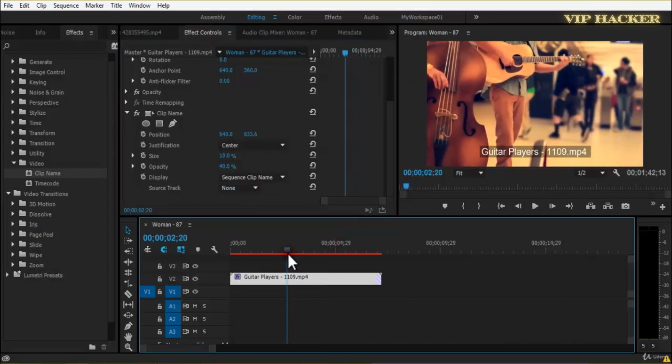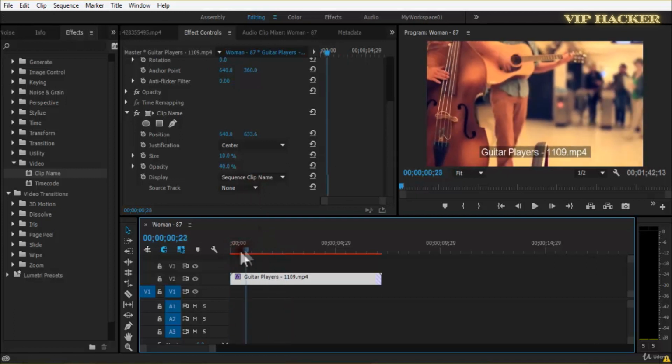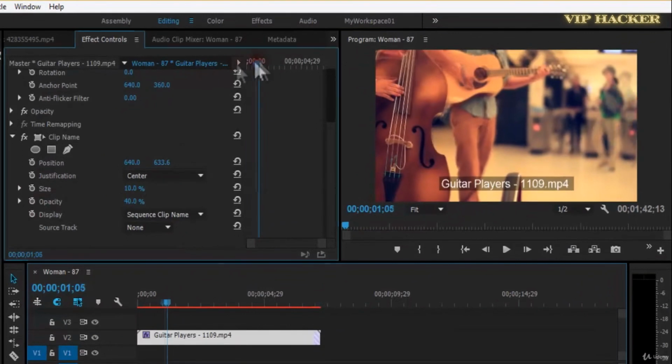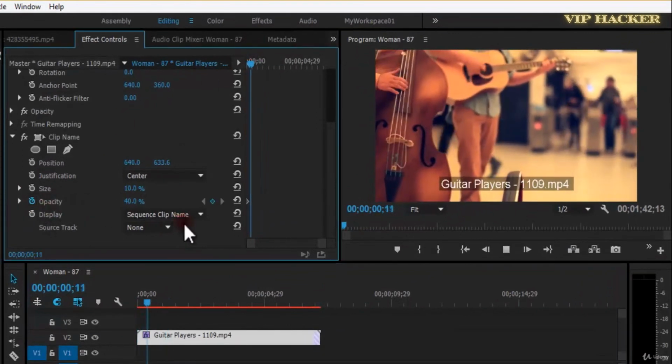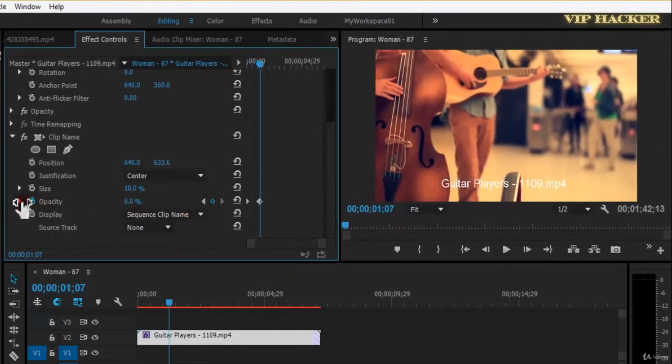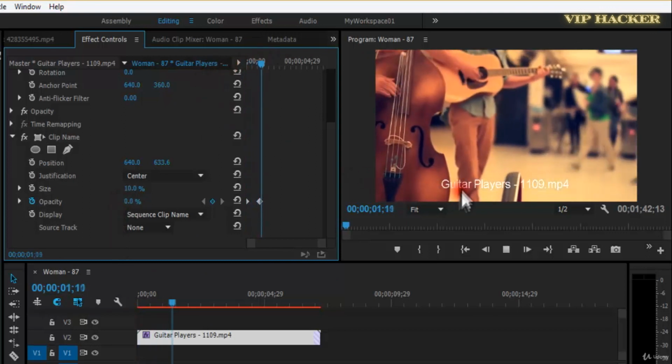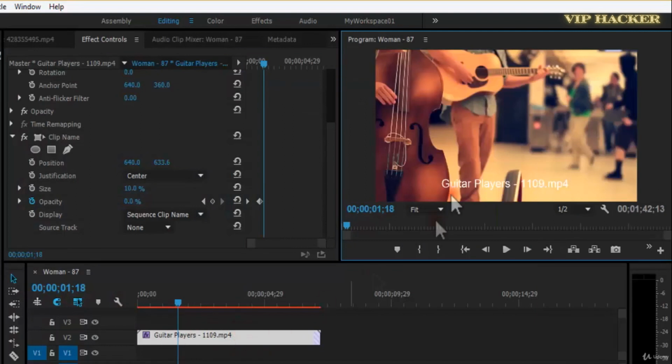takes the mind or it takes the attention of the viewer from our movie or from our video sequence to the name of the video. So ideally we do not do this, and just in case if you want this for some time, then you can play with its opacity, and initially it would show, then make this down to 0. But you can see here this would still remain on white,